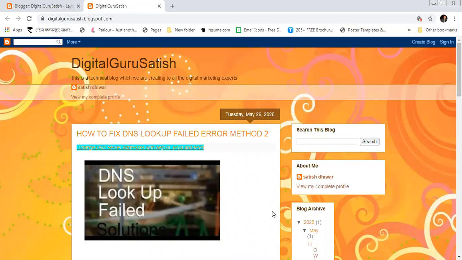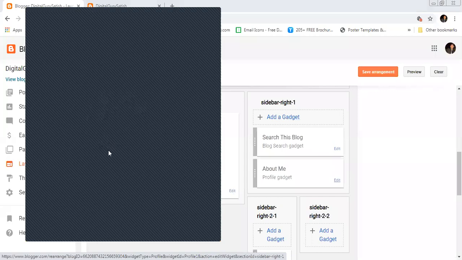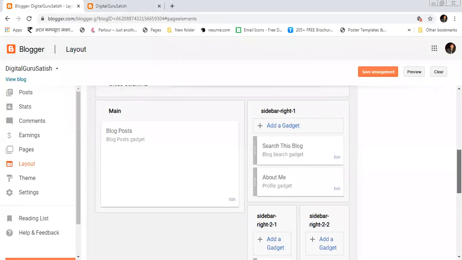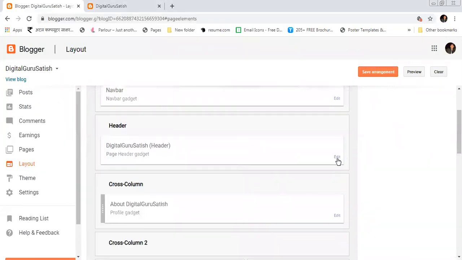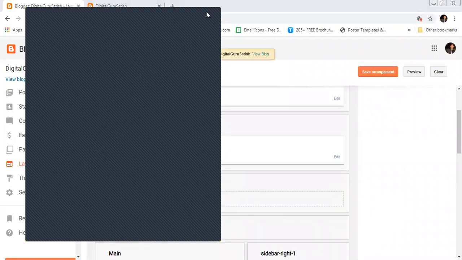In this sidebar section, we have added a search option, and after that, here you can see about me. We have already added that in our cross column section, so we should not add it there. So first we will go again to the cross column section and remove that. We don't need a profile here.